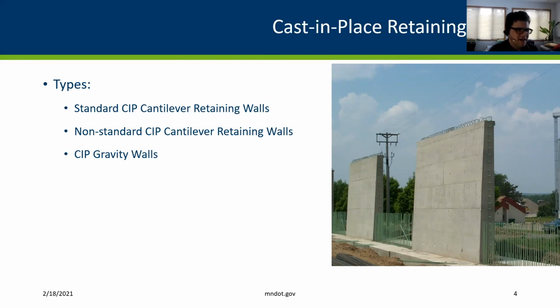So for example, in the picture I have here, you see a checkerboard type construction where we cast every other panel. This is common because our CIP walls have that same restriction that concrete panels can't be cast next to each other within a 72-hour period. And so to facilitate faster construction, oftentimes contractors will cast every other panel in our CIP walls so that they can wait for 72 hours and then cast the other panels.